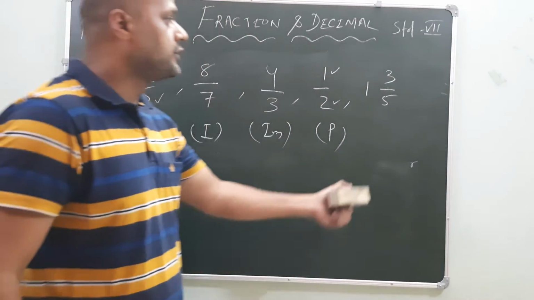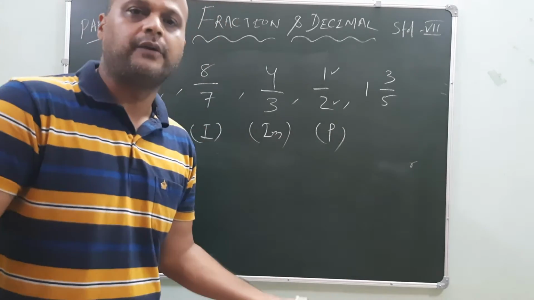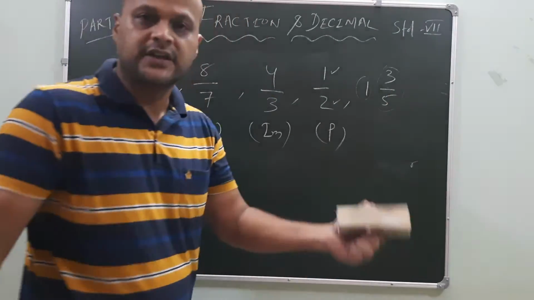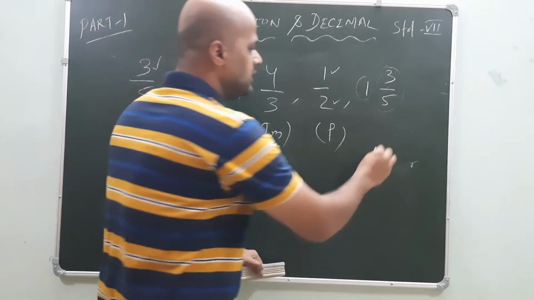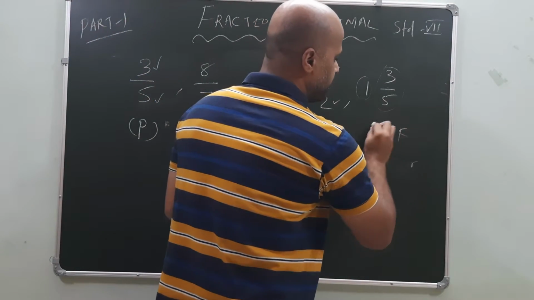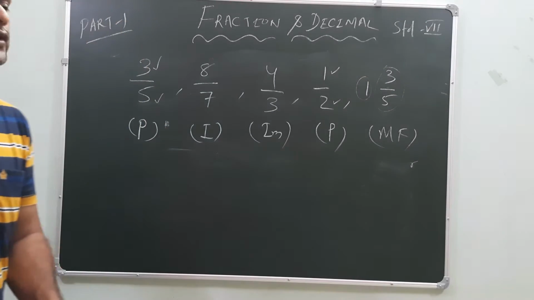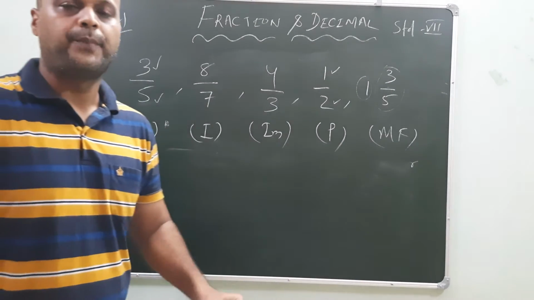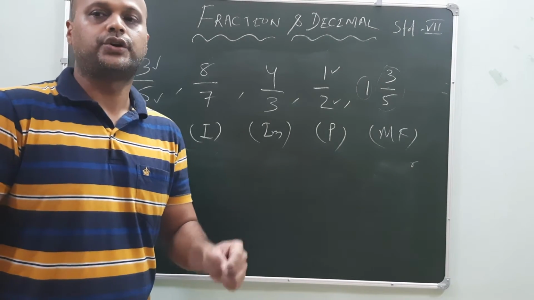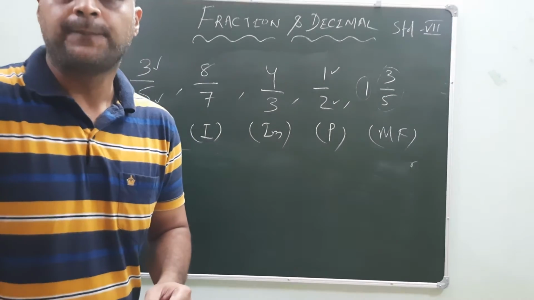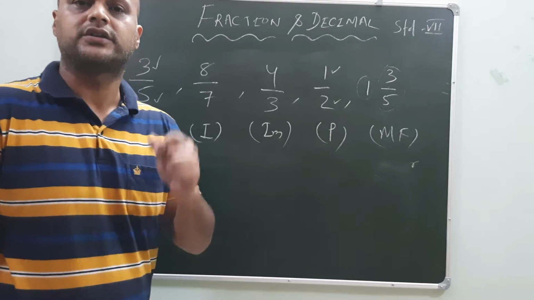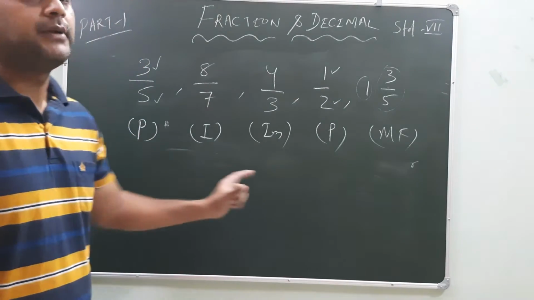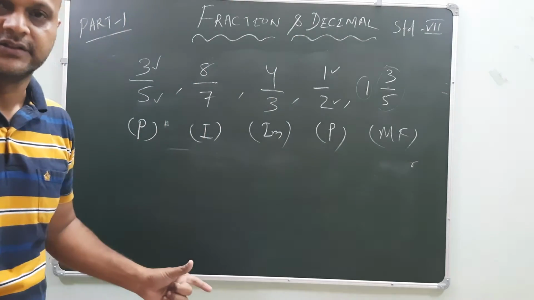Okay. Now come to this one. This is easily identified by you. It is the combination of the whole number and a fraction. Then which fraction will it be? It will be a mixed fraction. Understood? So these are some examples of proper, improper and mixed fractions. Whenever you are going to the problems in your books or somewhere else, first remember these fundamentals of fractions.